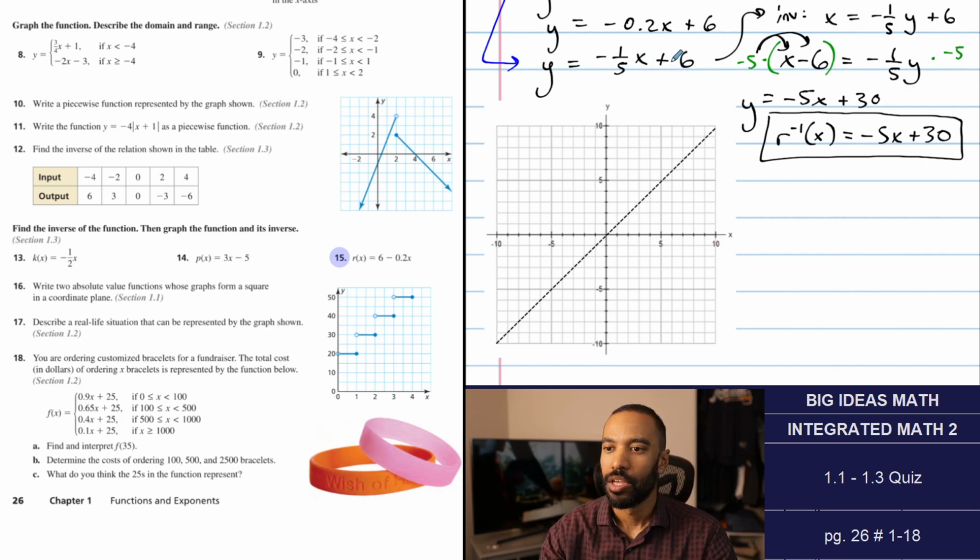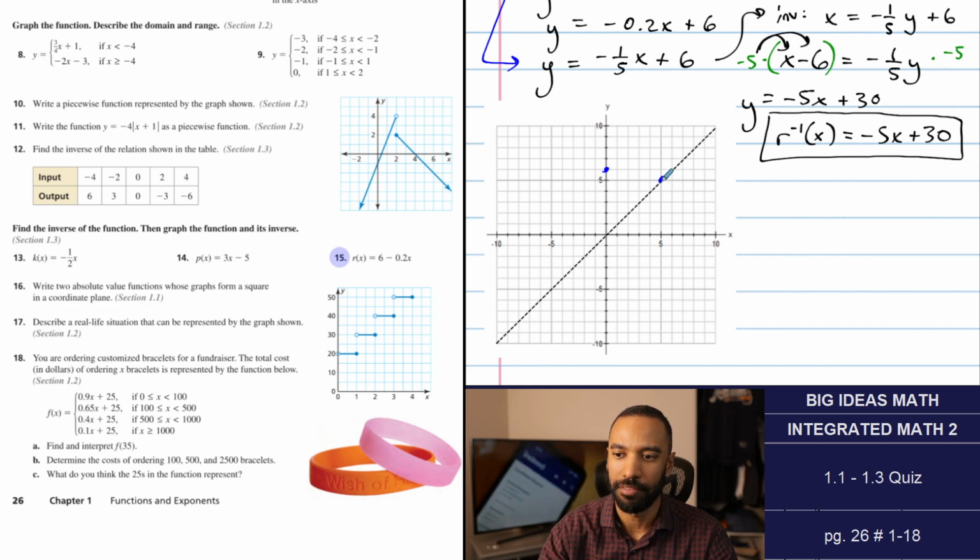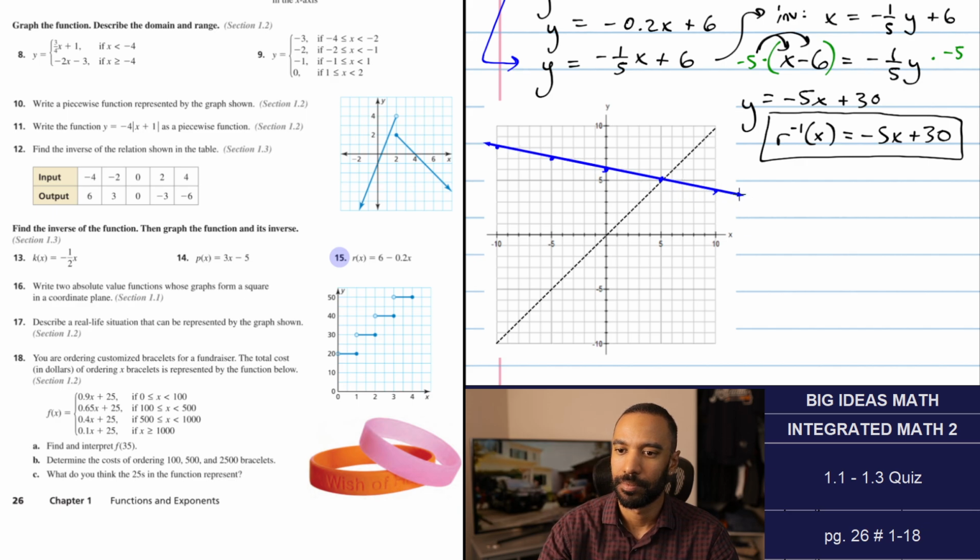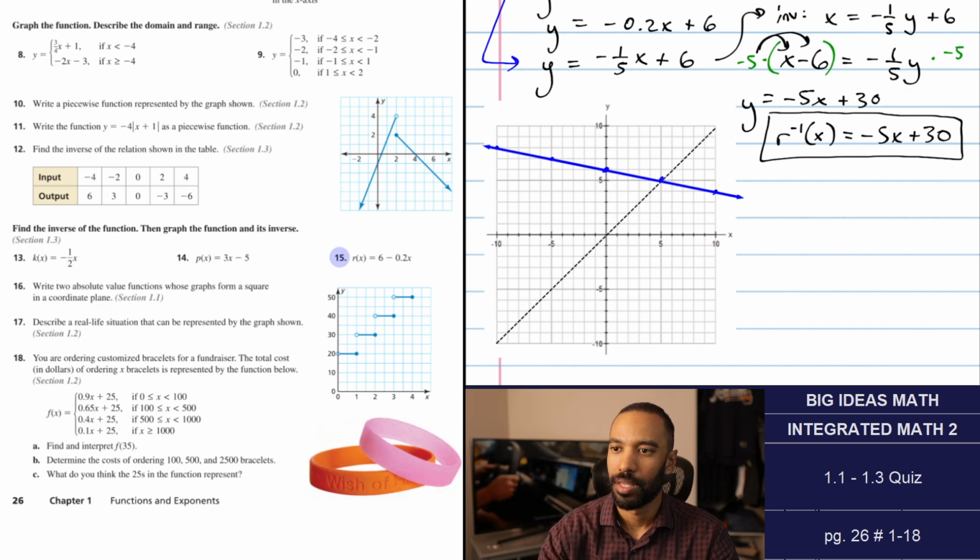So, positive 6 is the y-intercept to this one, and a slope of down 1, right 5 can be applied, or up 1, left 5. You have that guy. There. That is the original. The inverse, which will be in green,